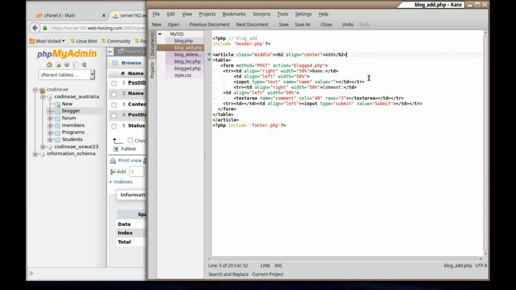Hasn't changed, so that there is now called blog add. So rename it blog add. If it's been combined with something else, take everything else out. Just make sure you've got the header and that this article thing's right and that it says add there, so you know which one's which. That now is called blog add. Now, blog list